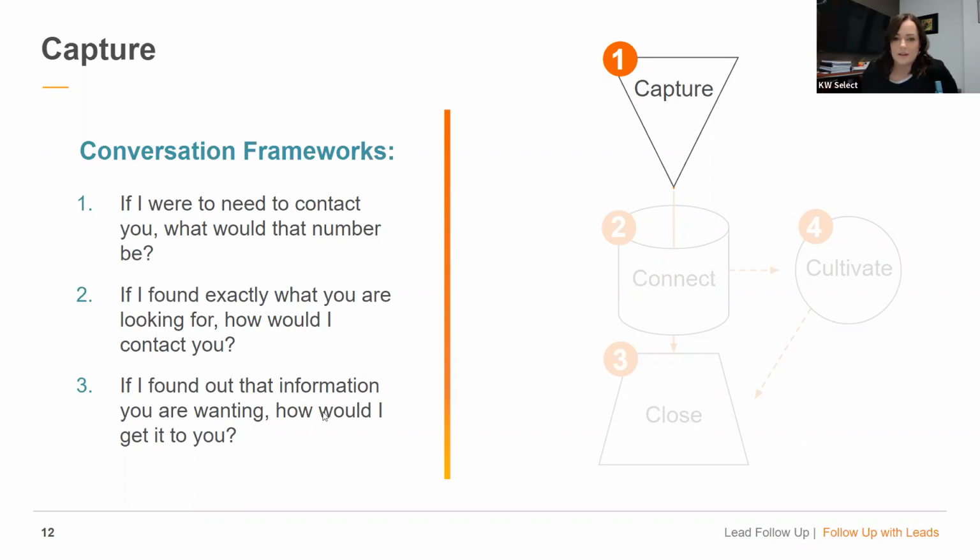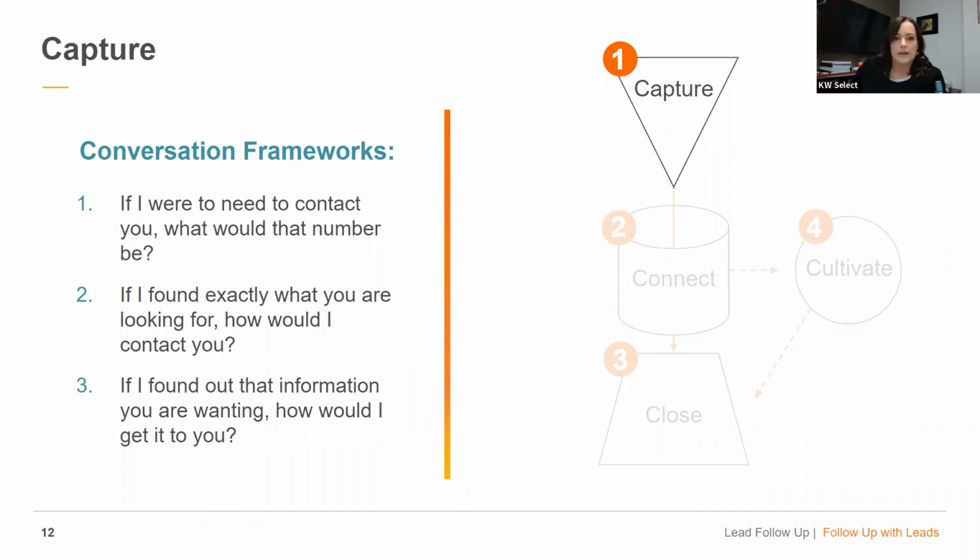Yeah. So for the other ones, we don't have to go through the other questions, but just think about those things. What information are you collecting? Make sure you're getting their name, their phone number, a way to contact them, and categorizing them. That's another way to make sure in command that you're able to find them and contact them in a systematic way. And then, what can you do to improve your current capture system? If you heard any things from everyone who's shared what they're doing, and it's something you're not doing, maybe think about how you could implement something like that or something similar. So just always be thinking of ways to improve that system.